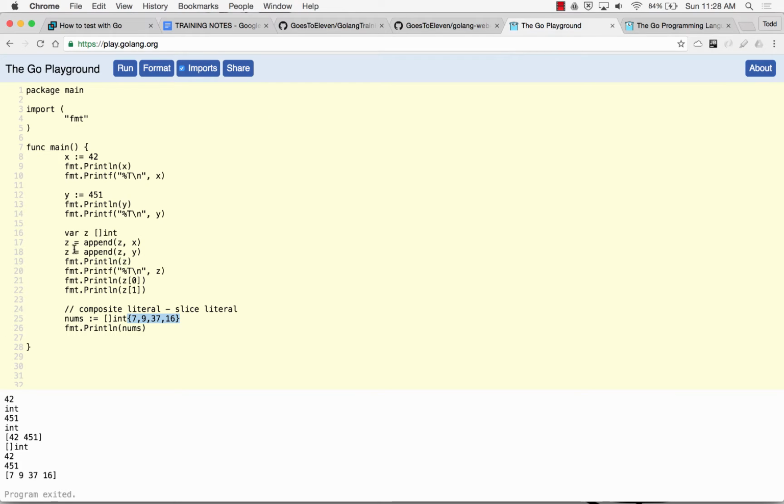Because you might be wanting to append to cowboy, this slice, right? In which case, that cowboy would have to be something different. So the z's are not always the same. Like if I had var cowboy slice of int, right? So this one, and then I could do